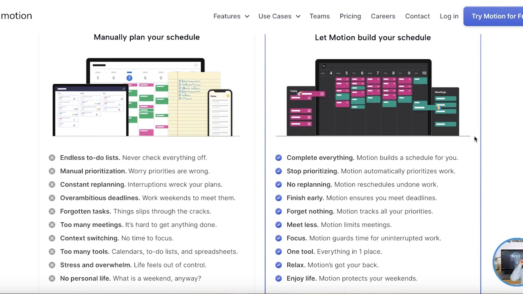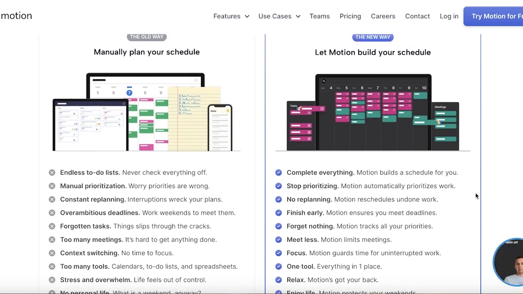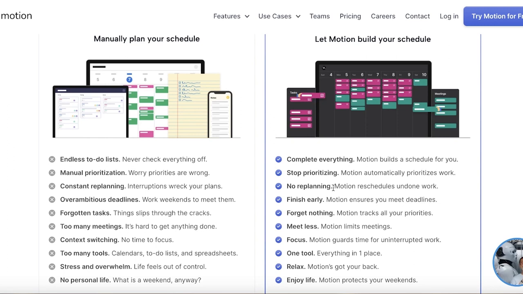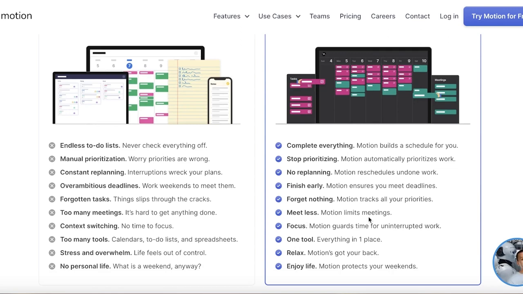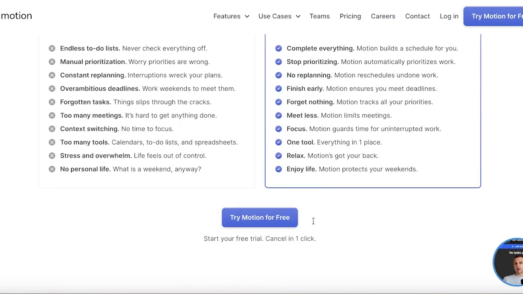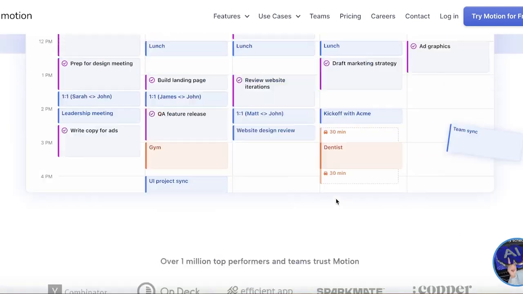You are able to plan everything accordingly, and you don't have to worry about forgetting stuff and then reprioritizing stuff. No, Motion is AI based, so it allows for no replanning, where it automatically reschedules work that was not done. Plus, it automatically helps you in prioritizing your work. And it also has a focus mode for uninterrupted time, and you're able to enjoy your life more